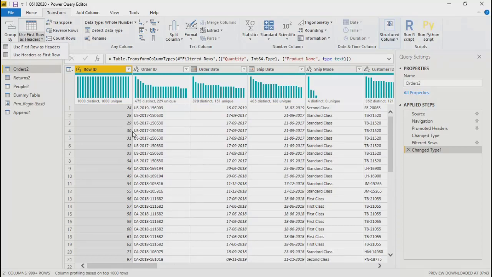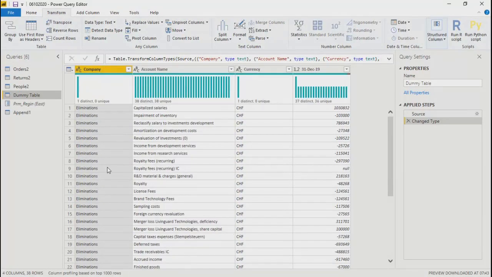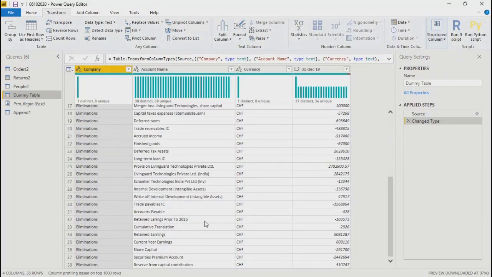Now if we talk about transpose, what is transpose? I think we didn't use it earlier. We can make rows into columns and columns into rows. Correct. Likewise in Excel also we have a transpose option in paste special, so you can convert your rows into columns and columns into rows. So this is a dummy table, and it has only 4 columns. I'll apply transpose over here and we'll see how you get the values.